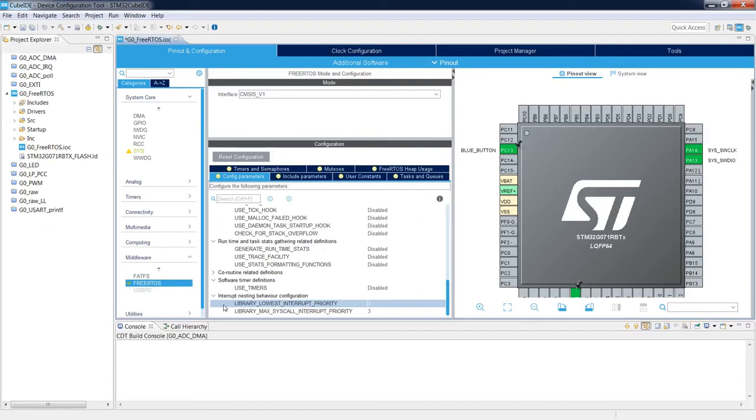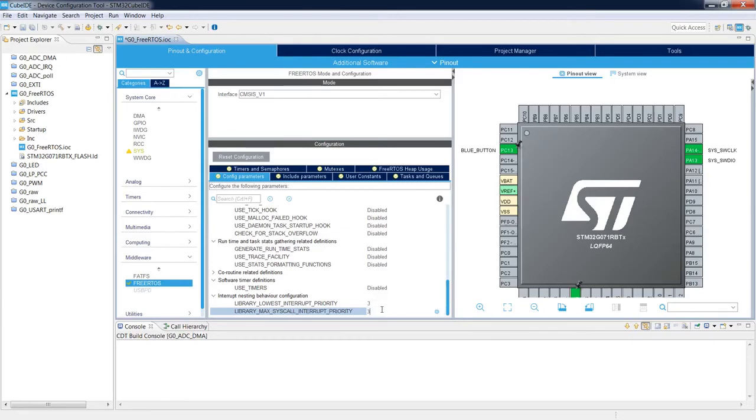To be sure that all of the hardware interrupts are processed in a proper way, the operating system is operating on the lowest possible priorities, just not to interfere with hardware events. So this is the lowest possible priority for the system itself. The second parameter is used to set the maximum interrupt priority which can still execute the functions of the operating system. Please remember that in Cortex-M devices, lowest priority means highest number.